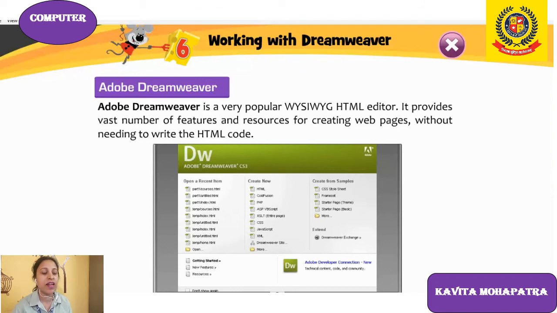We can create a web page, meaning the template is already given. We can create web pages in Adobe Dreamweaver. Here we don't have to write HTML code.